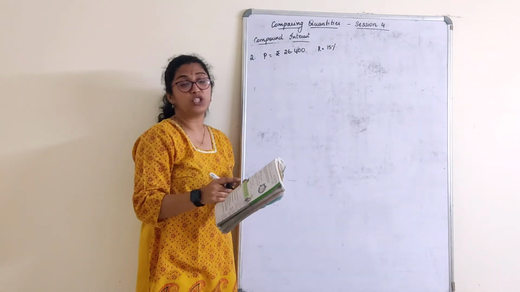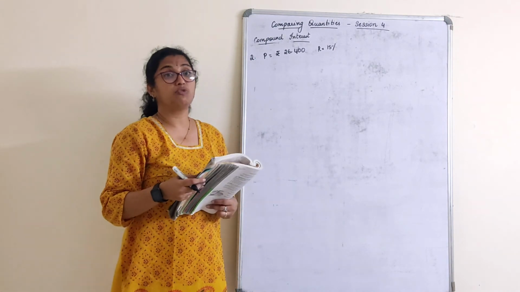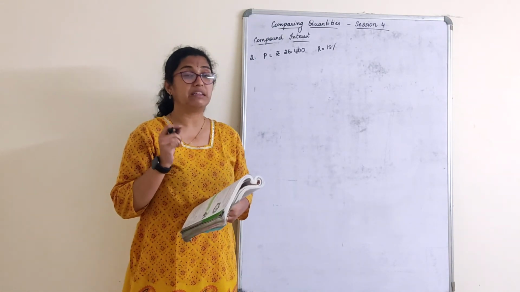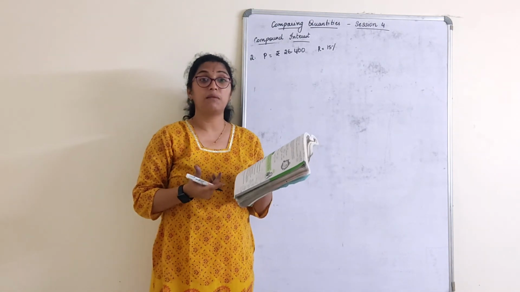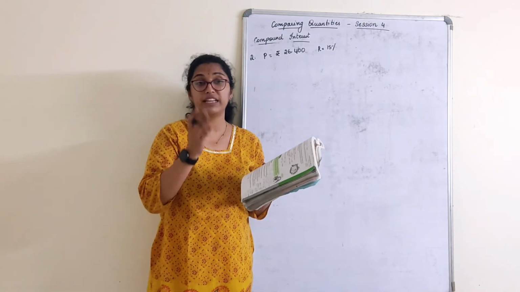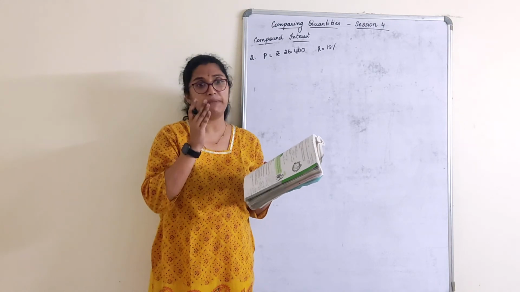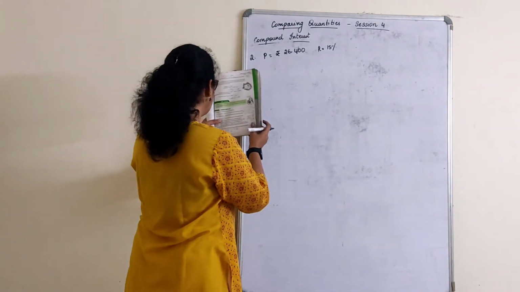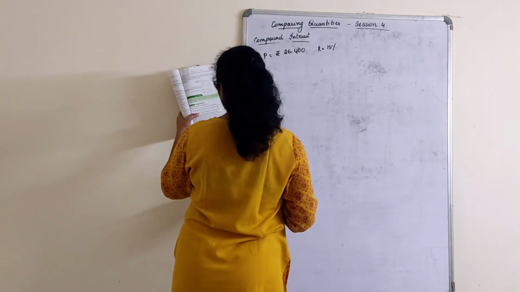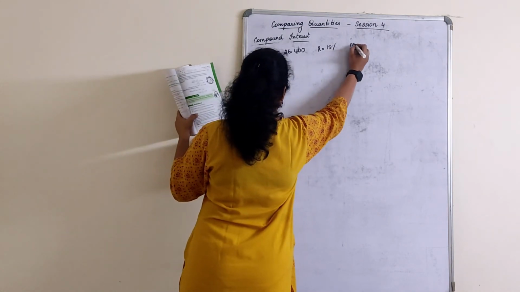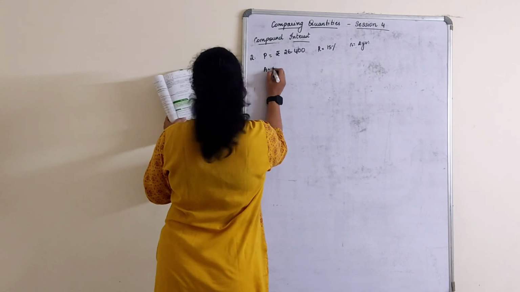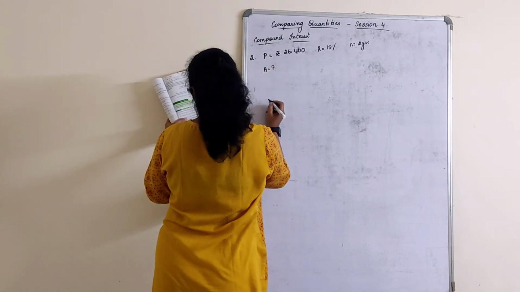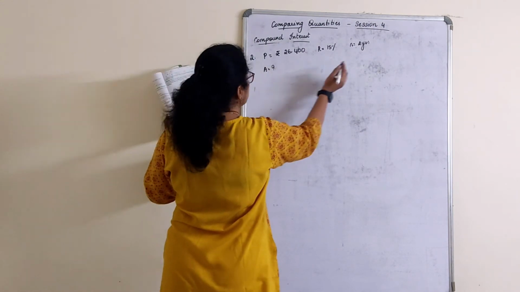They have to mention this, children. Suppose tomorrow in your question paper, if the word compounded yearly is not mentioned, you are supposed to ask your teacher whether it is compounded yearly or half yearly. Very important thing to know here, and they will mention this. Compounded yearly. What amount will she pay at the end of 2 years, 4 months, to clear the loan?